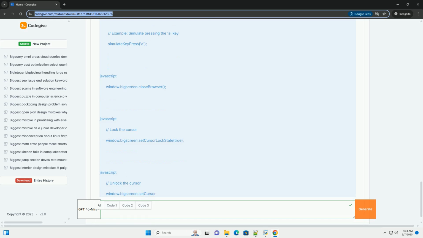7. window.bigscreen.closeBrowser(). Purpose: closes the browser window in Bigscreen. Example. 8. window.bigscreen.setCursorLockState(locked). Purpose: enables or disables cursor lock in the browser window. When locked, the cursor is hidden and its movement is constrained within the window. Parameters: